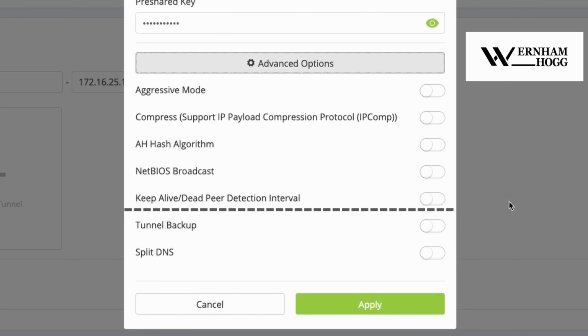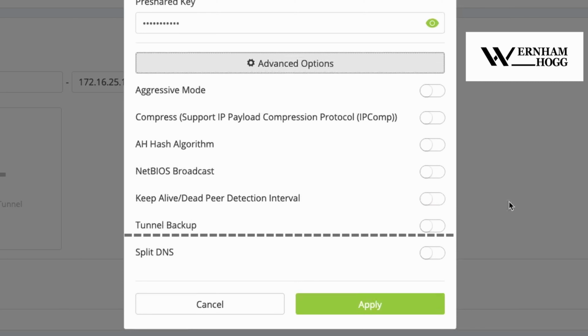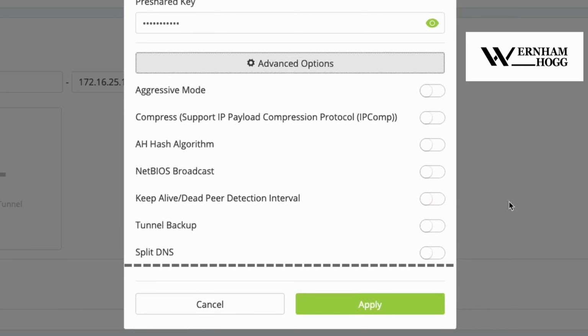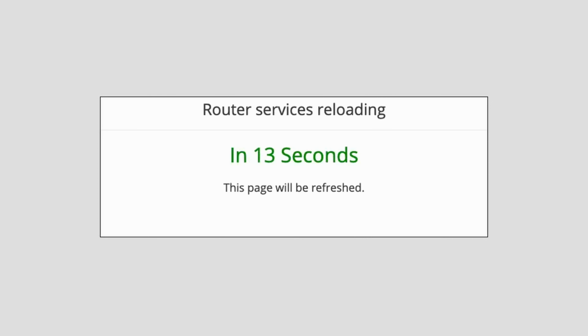Keep Alive Dead Peer Protection Interval. Keep Alive assists in keeping the tunnel alive should one end of the tunnel reboot or go down for whatever reason by sending messages at regular intervals. Should the primary WAN go down, tunnel backup will tell the second WAN to back up the connection and tell it what remote IP it needs to back up to. Split DNS requests specific domains to use the VPN tunnel DNS servers, so you could say some site.server.com should use the VPN DNS. Now if I press save and go to the other router and input the same information but on the reverse,